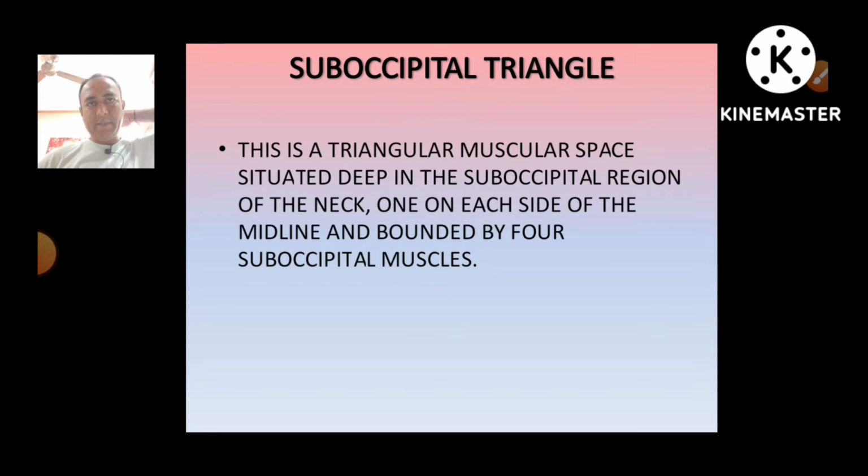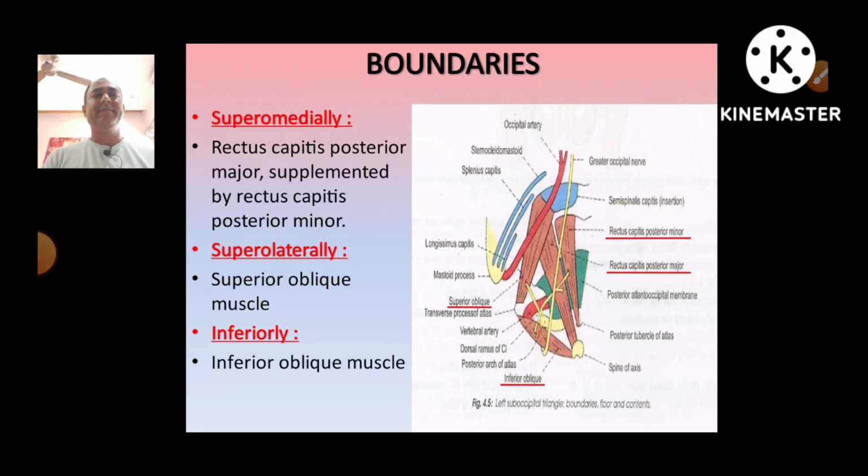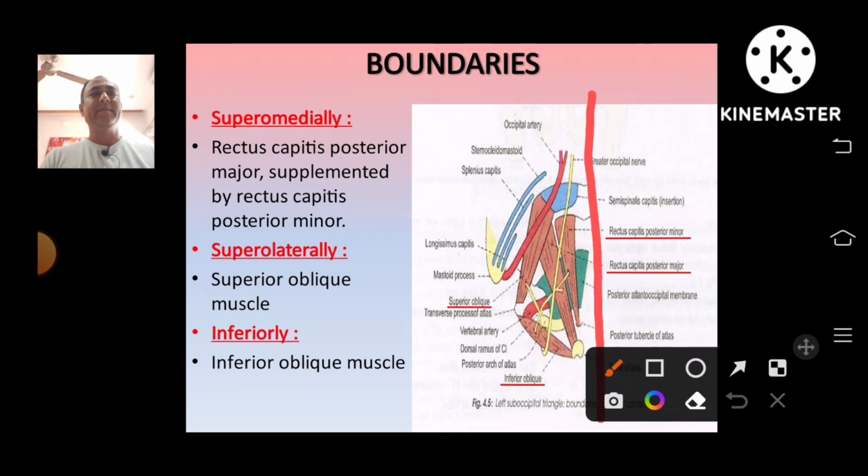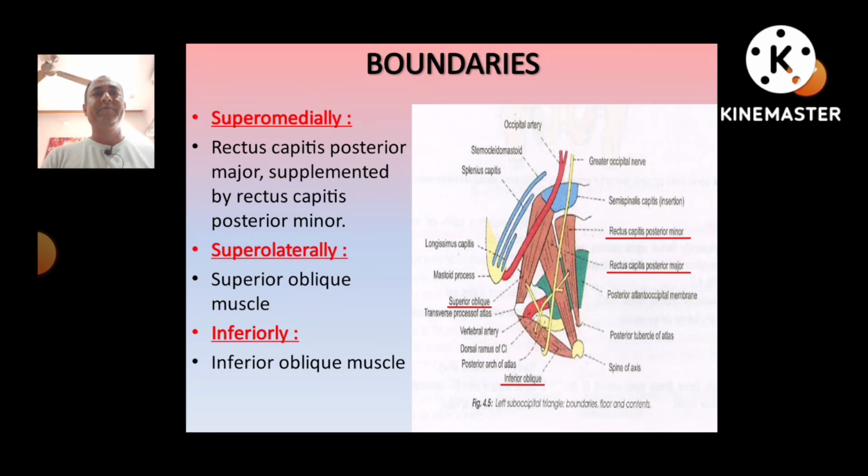On the back of the neck, on both sides of the midline, there is one triangle each. That is the suboccipital triangle. The boundaries: here you can see from the picture, this is the midline of the neck, and the triangle formed on the left side is the left suboccipital triangle. So the boundary superomedially,